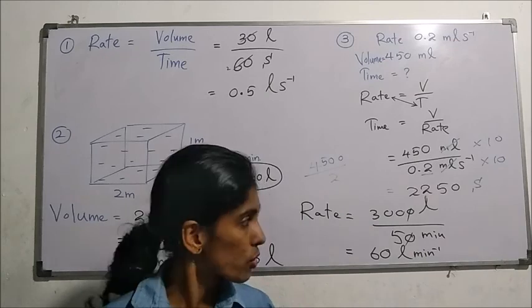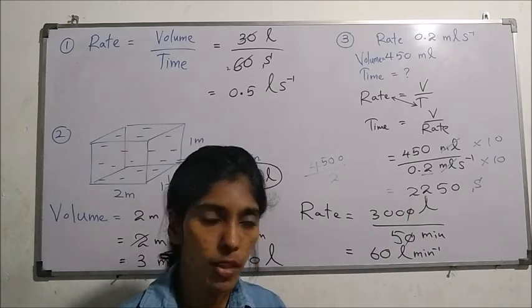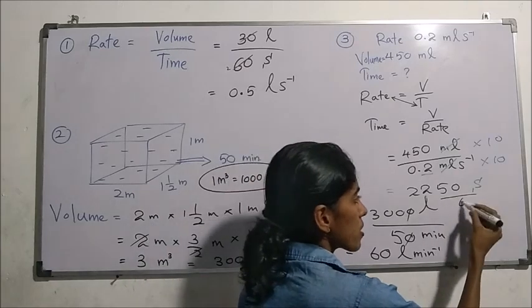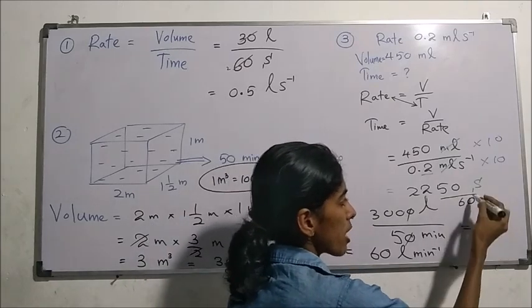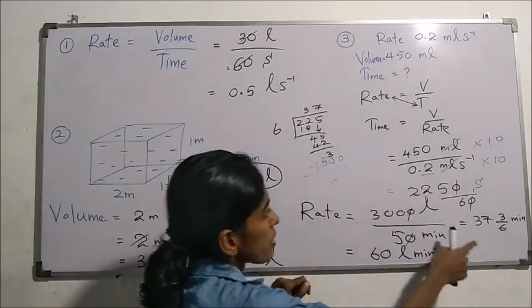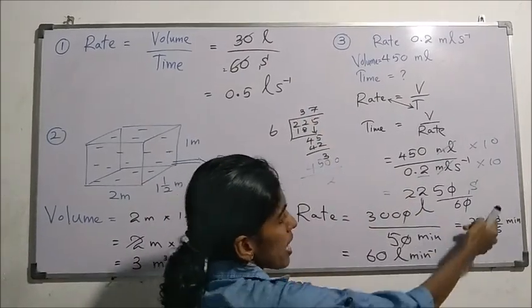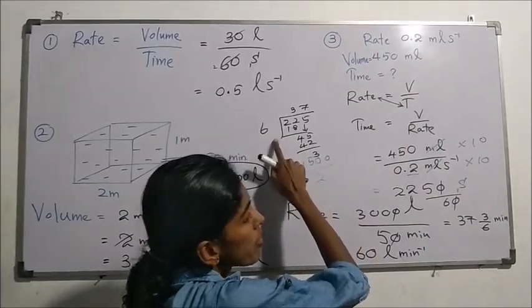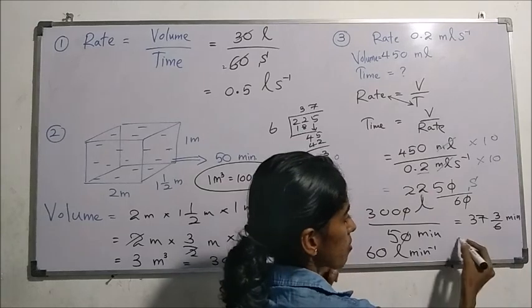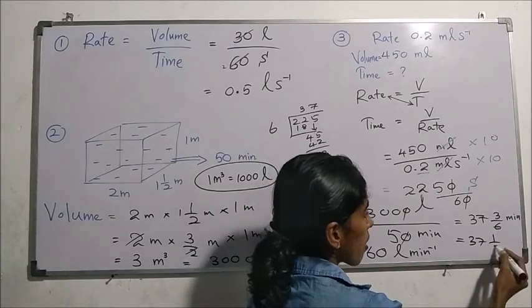Now here can't you convert this into minutes? Yes, because there are so many seconds here. You can simply convert this into minutes by dividing by 60, right? Okay, the answer is 37 and the remainder should be written as the numerator and the divisor should be written as the denominator, but we know that these two can be little simplified. 37.5 minutes.